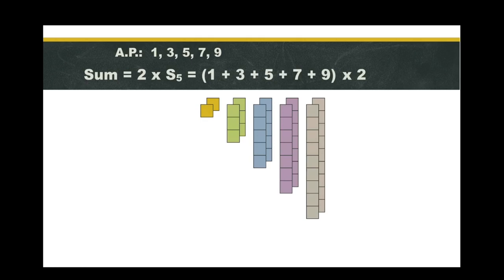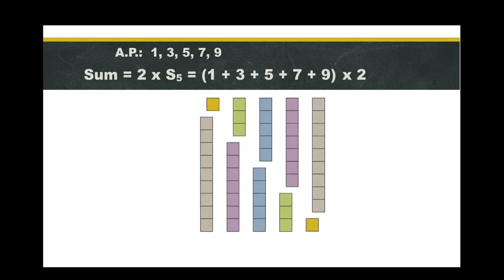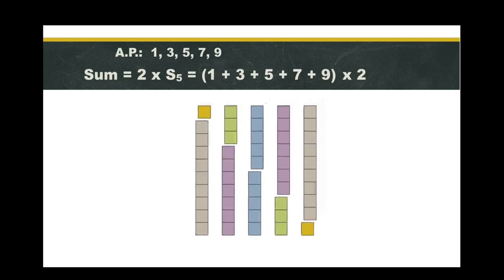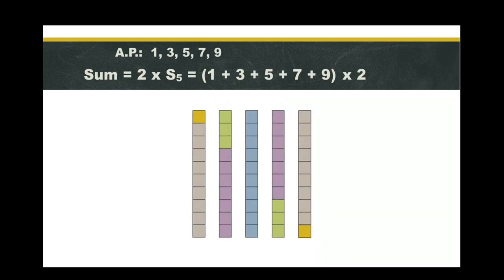Now, rearranging the second copy of the sum in reverse order, we can see that if 1, 3, 5, 7, 9 is increasing in a particular pattern, then 9, 7, 5, 3, 1 is decreasing in the same pattern. Now, on combining these two patterns, we get that all the rectangles are of the same length,